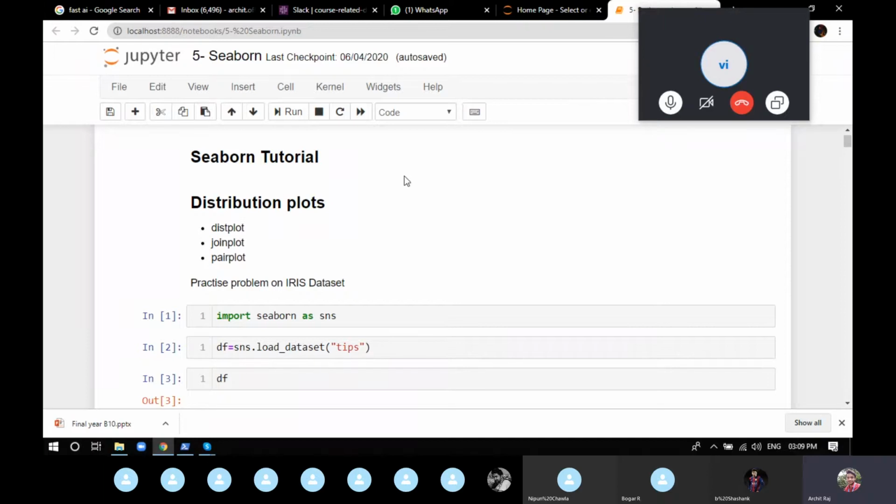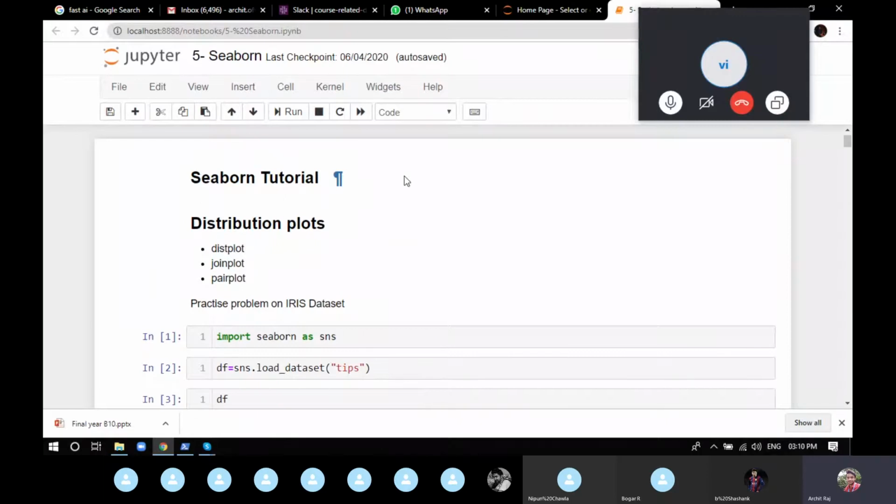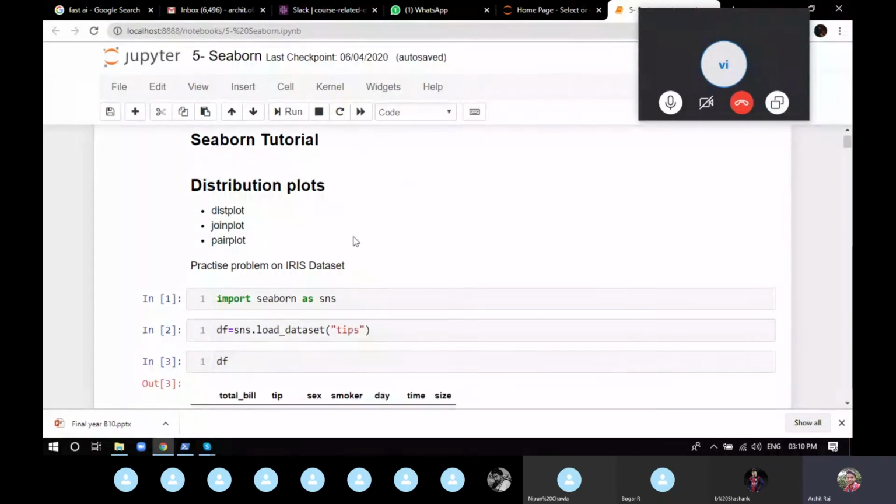If you see the timing of the graph to pop up or to update, it's a bit higher as compared to Matplotlib. It's not so high, but it's a bit high. One second, or 10 nanoseconds of computation time is not visible for us. But when you do a big project in which data visualization is necessary, even that extra 10 nanoseconds of computational time will affect your model. So we're going to learn about Seaborn today.